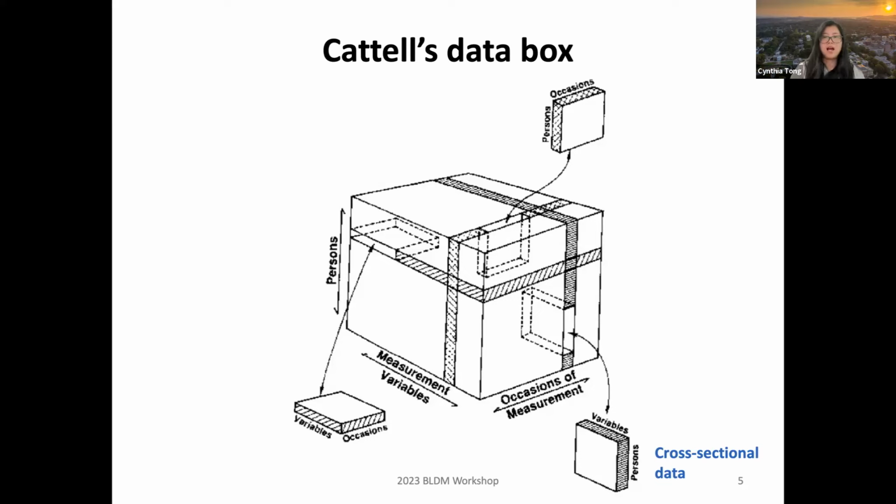Similarly, based on other research questions, we may want to analyze data from one person or very few persons, but with multiple variables at multiple time points. This slice from the data box is called time series data. And we have one slice left here, right? These data are collected from multiple people at multiple time points, but only on very limited variables, few variables. And the name of these data is longitudinal data.